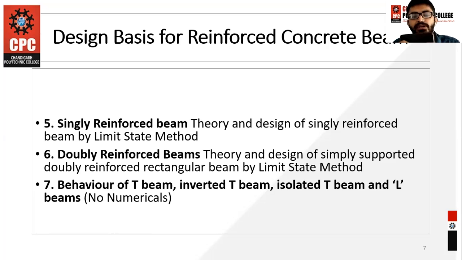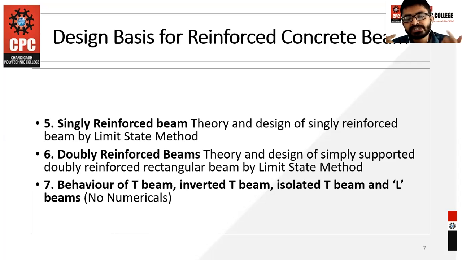When the load is coming on the beam, there are two types of portions in it. In any sort of beam, there are two types of portion: the compressive portion and the tensile portion. Okay, and you have to put the reinforcement in the beam. See, if I am going to design a beam, then I need to put the reinforcement, and I need to put the concrete in that particular beam. After that, I will design that. Okay.